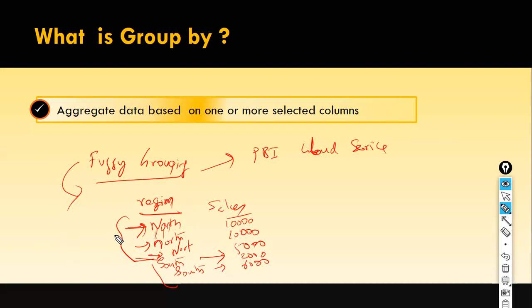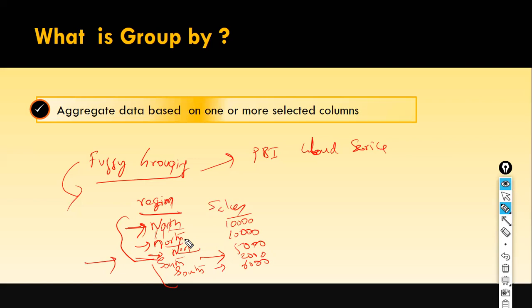So in the real world, you may end up getting data something like this. If you don't have fuzzy grouping, what will happen? It will consider each and every record as a separate group. And finally, if someone asks you, tell me for the North region, what is the total sales, again you need to go and group all the things manually, and then compute it. In this case, we hardly have 3 records. You just assume that you have